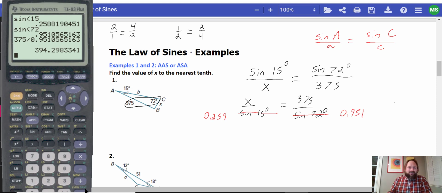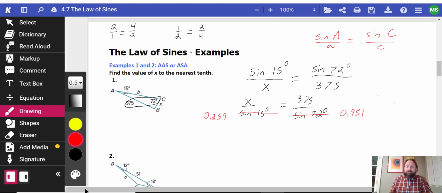I kind of like going past it. It's one of those things. It's like, do you need to do it? No, but I like to do it. So I get, if I round up, I should get 394.3 because that 29 rounded up would become 0.3. So 394.3